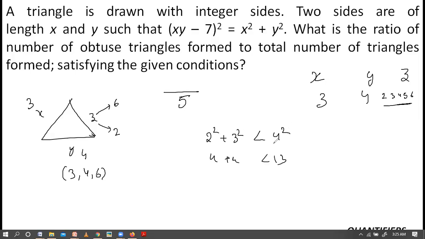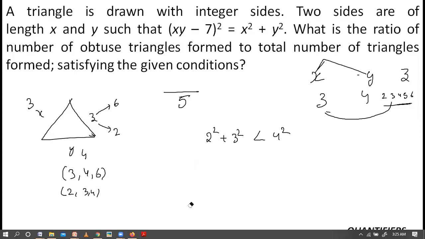So x square plus y square less than z square. When I am saying x square plus y square, I am just taking two general sides. Please do not confuse कि हम तो x और y 3 और 4 ही निकाल के बैठे हैं तो ये कैसे आ रहे हैं? ठीक है, do not confuse with that. X and y are any two sides. So another possible pair is 2, 3, 4. Now can I also put x as 3, y as 3? Then 3 square plus 3 square is less than 4 square? No, not possible. So only two pairs are possible.